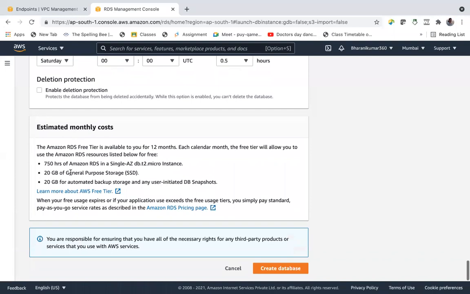And you can estimate monthly costs, right? And these costs include your EC2 instance cost, because RDS is running on EC2 instances. If you are running your database service, that means your instance is also running. And also the SSD. See here we are creating 20 GB of general purpose SSD, and we know 30 GB